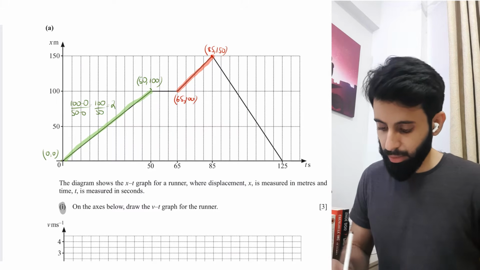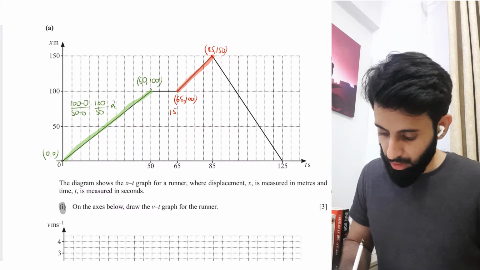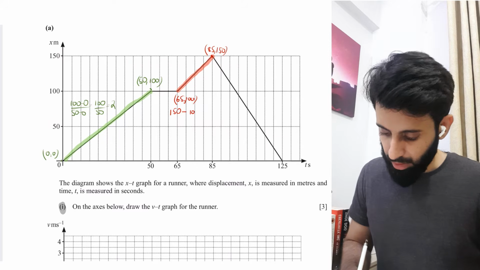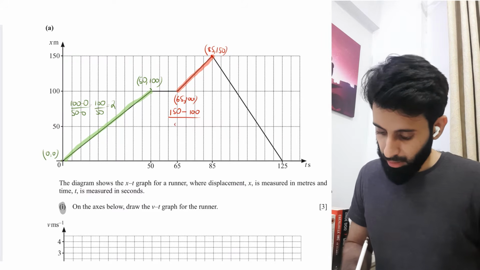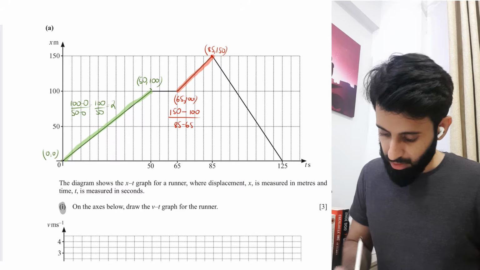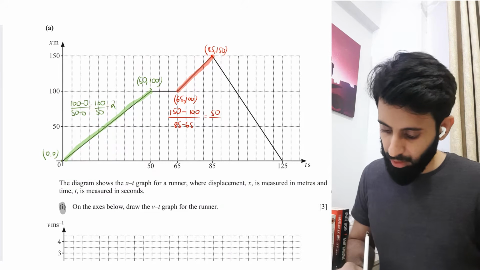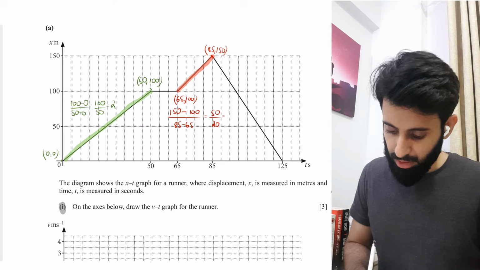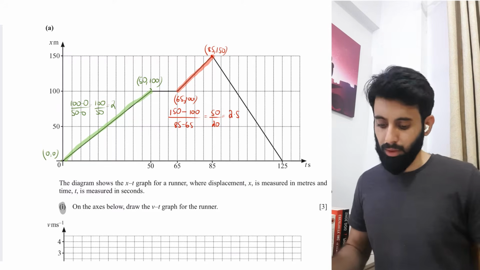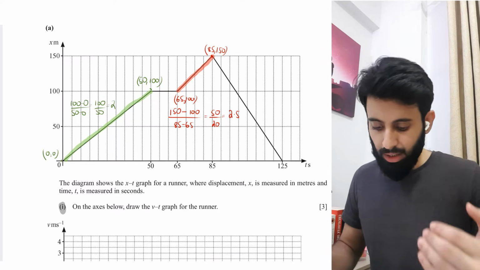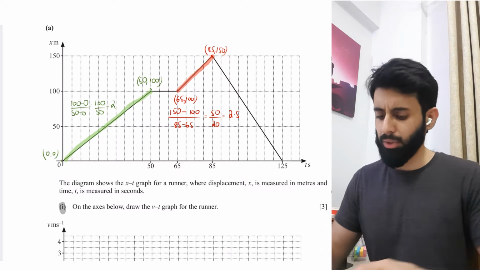So I can very conveniently work out the gradient. So I'm going to do just that. I'm looking at 150 minus 100, y2 minus y1 upon x2 minus x1. So that means 85 minus 65. So we're looking at 50 upon 20, which basically means 2.5. Okay, so speed has slightly increased, and it has increased by 0.5, although we don't really need to mention that,